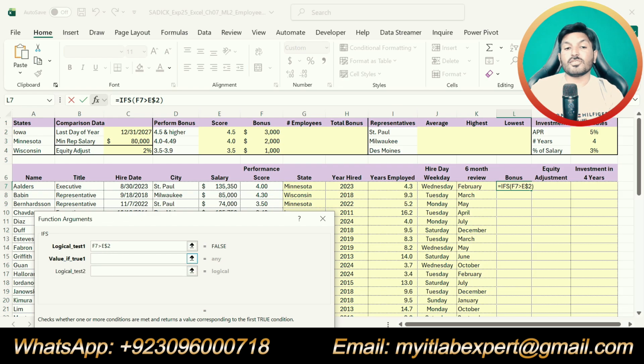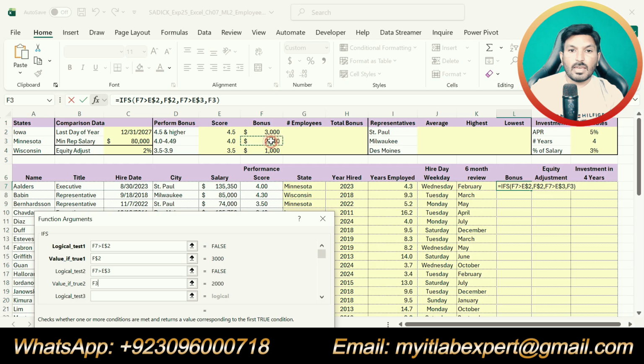Then if this is true, our result will be F2, the bonus. Okay, next logic is if F7 is greater than E3, then our result will be F3.